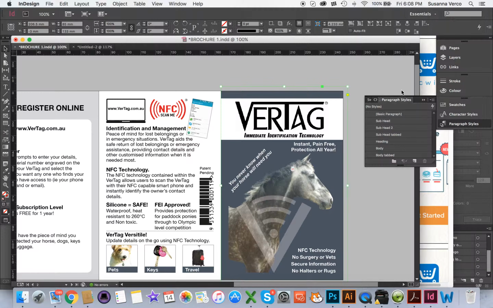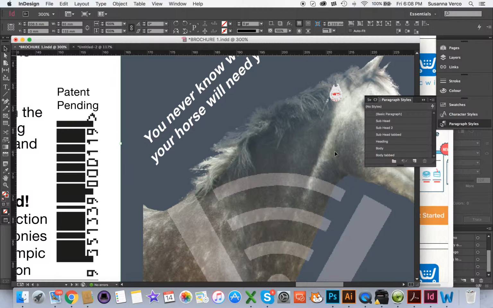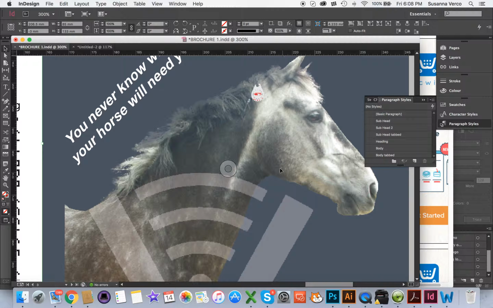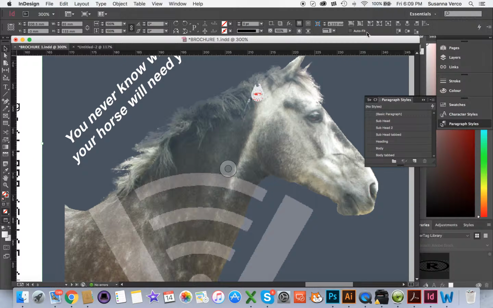Why is that neat? Because here's one I prepared earlier. For example, I've been working on this, and you can see how, I know the clarity's not there, it's all blurry, that's fine, but if I wanted to edit this image, I can go to Photoshop, take that one out. These are all ones I've prepared earlier. I can go save,